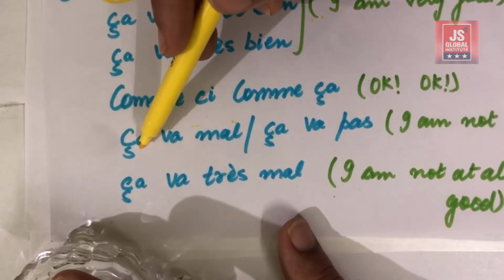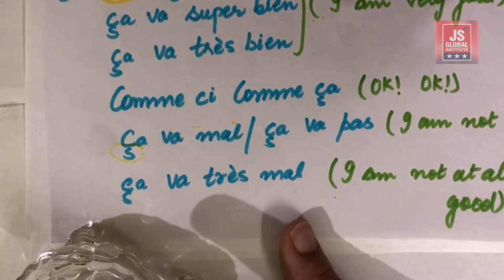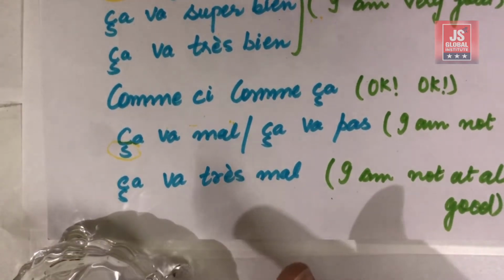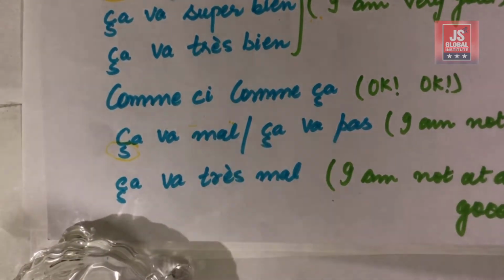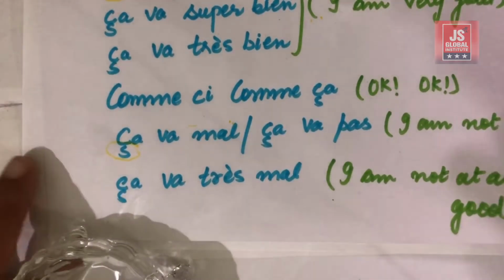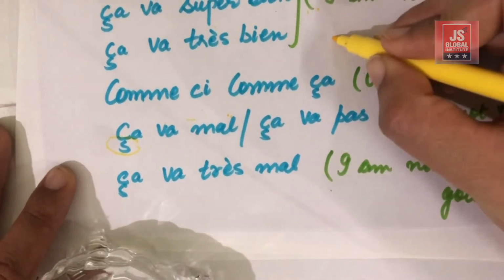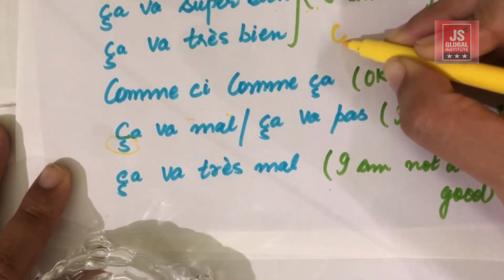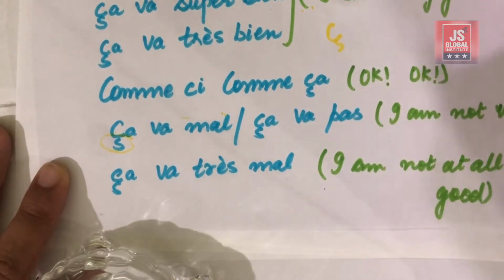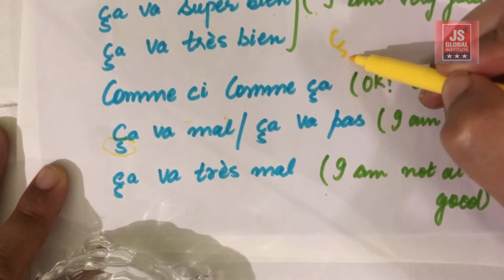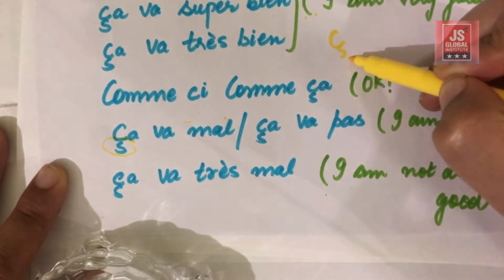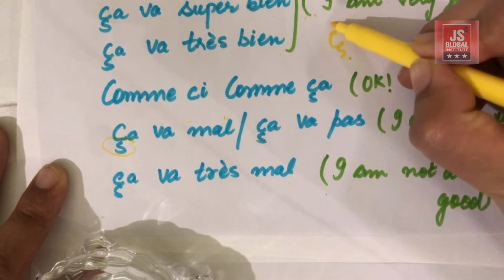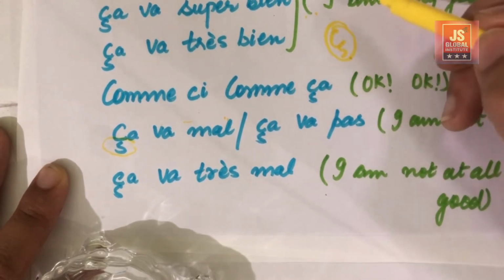So what is this? If you are unable to understand this, I can write it once again. So in French, what happens basically, there is this C, and below C there is a small S kind of thing that is called cédille. It is called cédille, and as a whole this produces a sound like so.